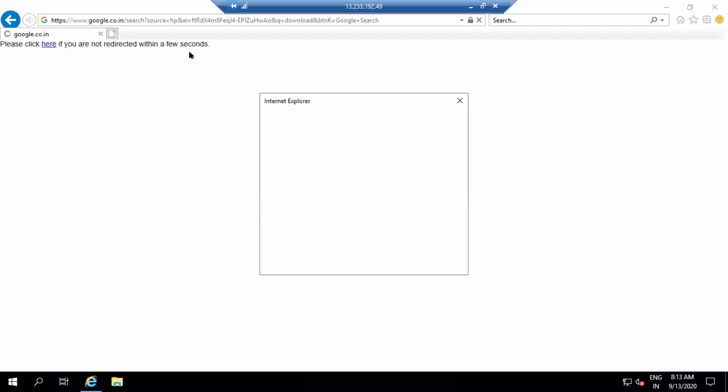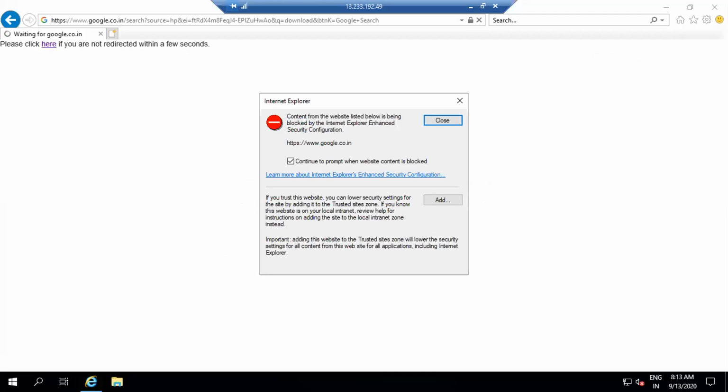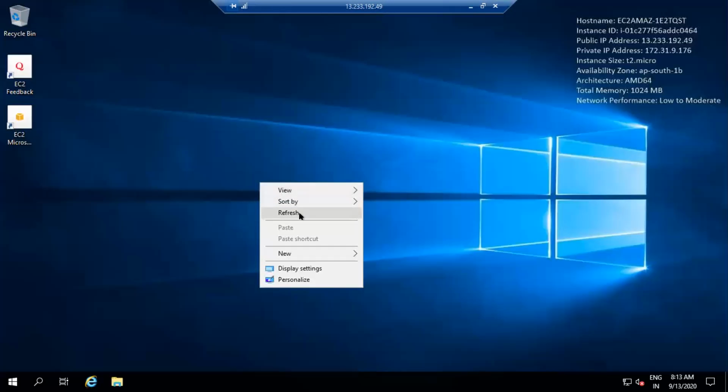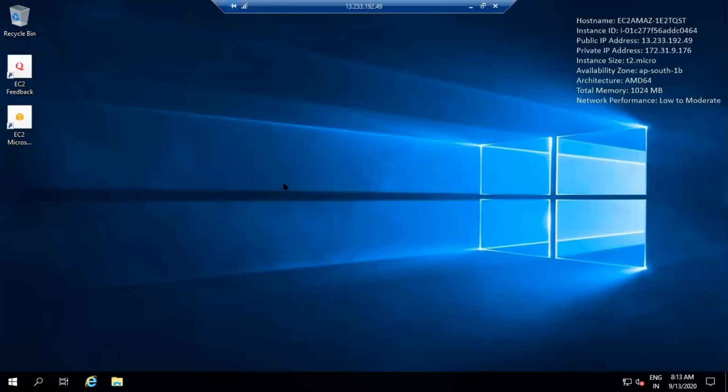Close the window itself. But giving internet access to this machine, wouldn't it be opening up a security risk here? Why? From inside your EC2 instance, you are not trying to open the internet, you are trying to access the internet outbound. Yes, because we are already inside AWS.